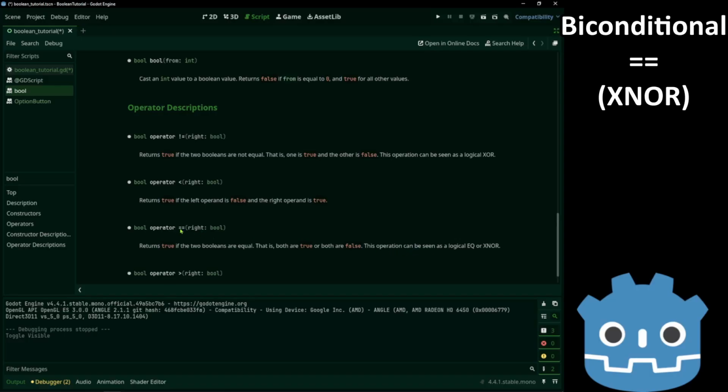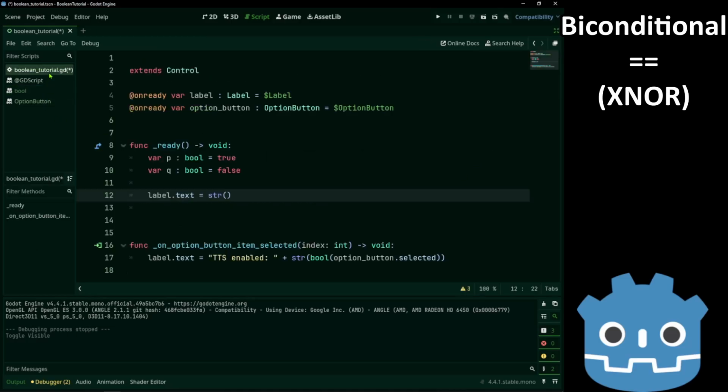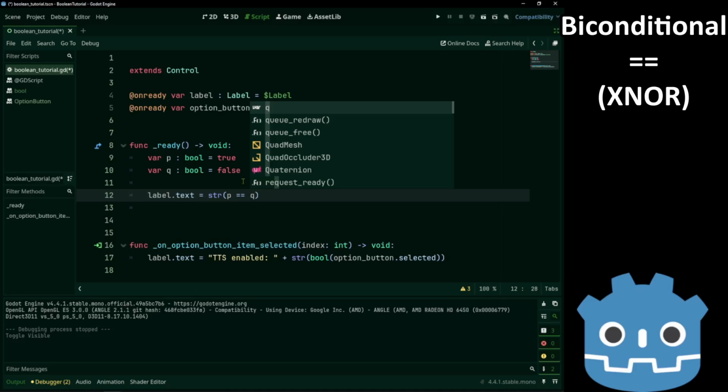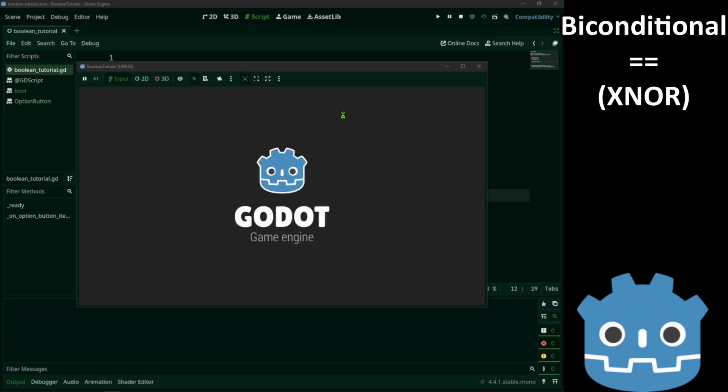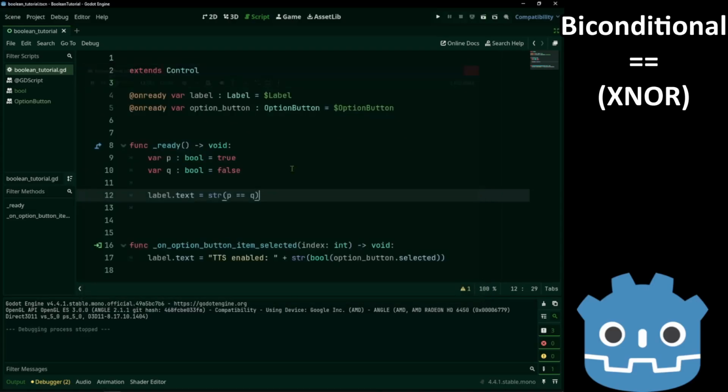Now for the biconditional, we have an operator. Equals equals returns true if both values are the same. That's what we want. We also call this one XNOR. It's the opposite of XOR. We'll see this later. P equals Q. False, since they're different. If they're the same,